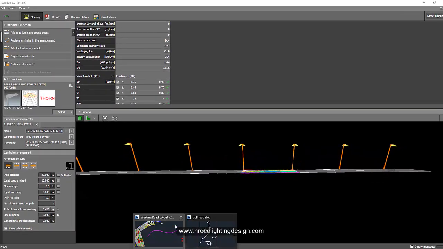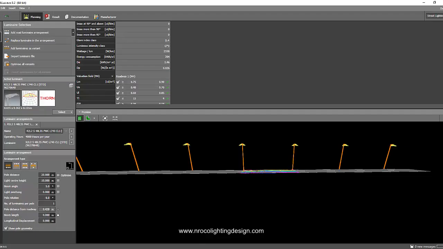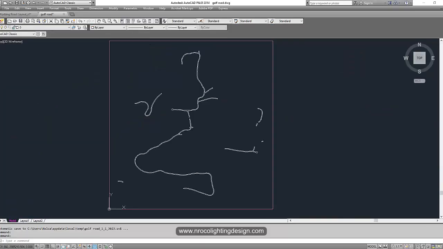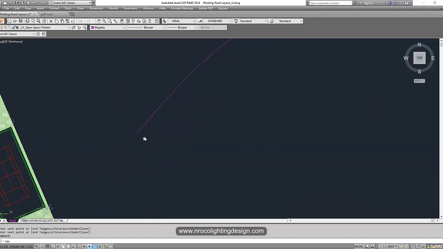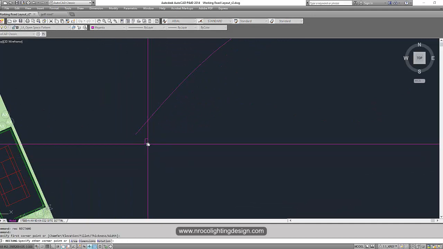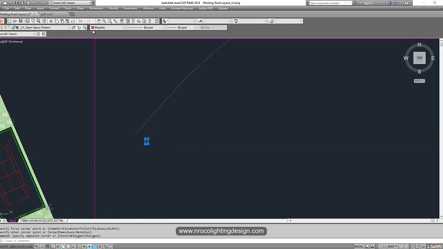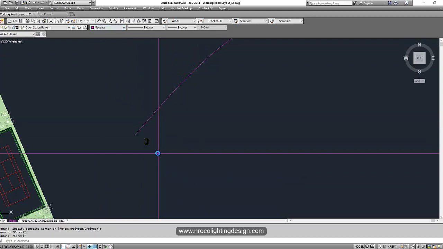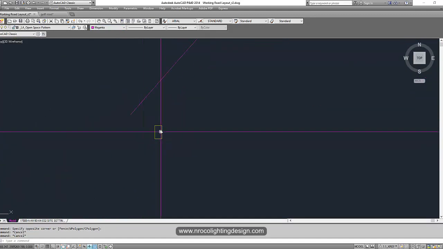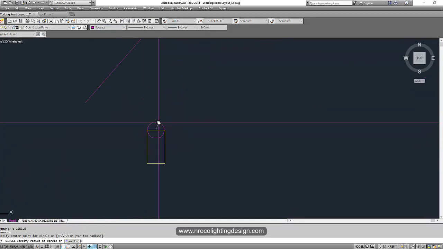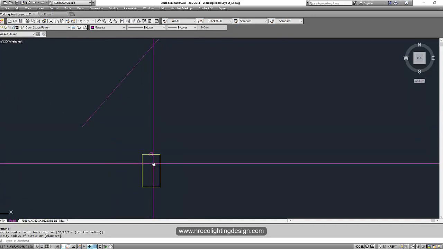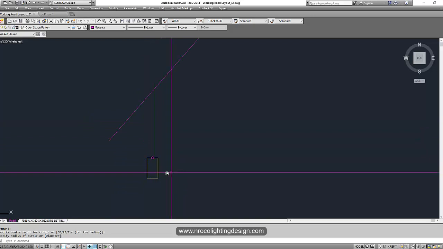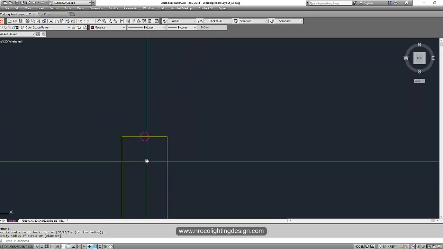So what I'm going to do is I will just create a legend, for example, a legend for a luminaire, say a little box here. Let's just imagine this is your fitting. Okay, let's just change it into yellow color to make it look better. And let's say this is the pole. Let's just create a pole here. And if you want to create a bracket, you can also do that. But let's just imagine that it will look like this for now.